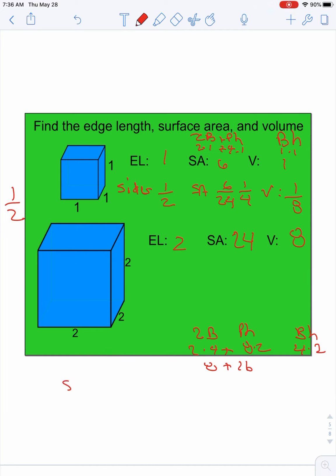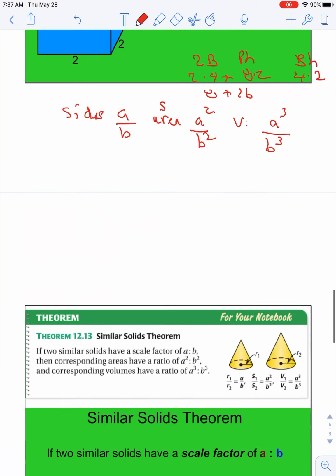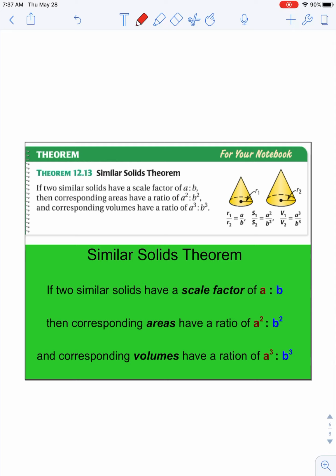So if our ratio of sides is A to B, notice our area, in this case surface area, is A squared to B squared. So 1 squared is 1 and 2 squared is 4. And the ratio of the volumes ends up to be A cubed to B cubed. Maybe like you would expect, okay? So that just sort of models that for us, and then this is the actual